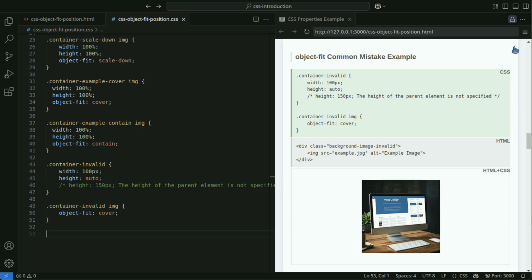When you want to fit an image into a parent element while maintaining its aspect ratio. When you want to consistently display image sizes, such as in galleries. Using object fit in these situations can maintain design consistency and enhance the user experience.